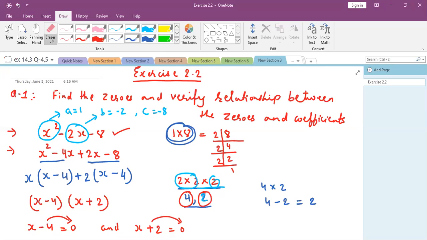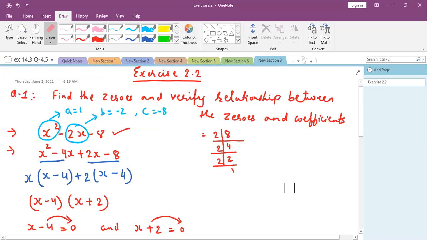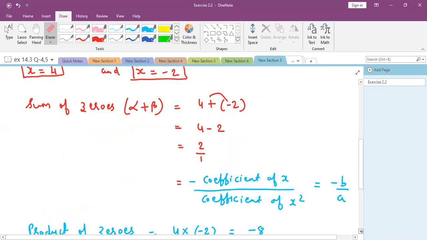If it is by trial and error method, you can apply, because you may not get it directly in one try. Okay, एक try में आपको हो सकता है नहीं मिले. So आपको by trial and error method, you will have to try 3-4 times. You may get it then. So this is how to find the zeros of the given polynomial and then verify. Let us proceed with one more question of the same type.